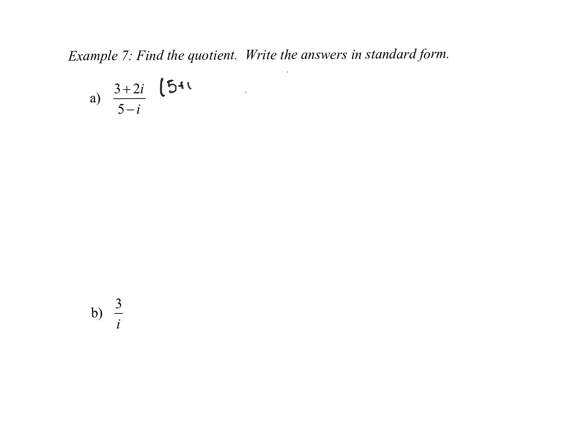So 5 plus i over 5 plus i. You're not changing anything because you're multiplying the top and bottom by the exact same thing, so you're really multiplying by a 1. So we FOIL this out on top, and on top we're going to get 15 plus 3i plus 10i plus 2i squared. On the bottom you can FOIL it out, or you can know that they're complex conjugates, so you're really going to get 5 squared